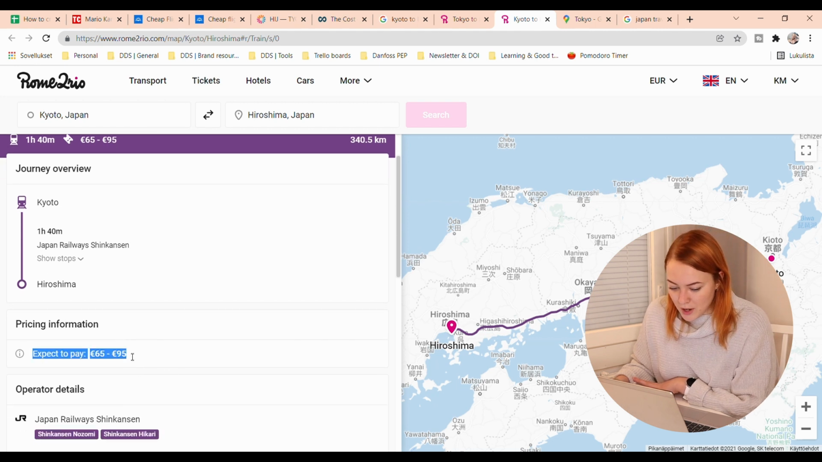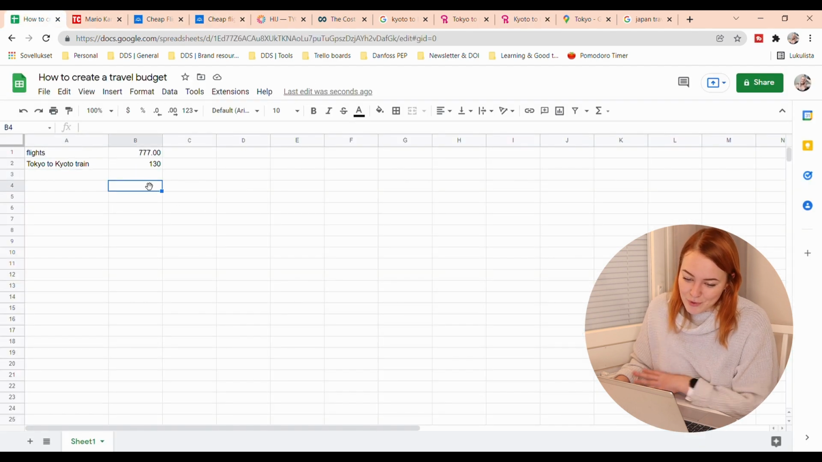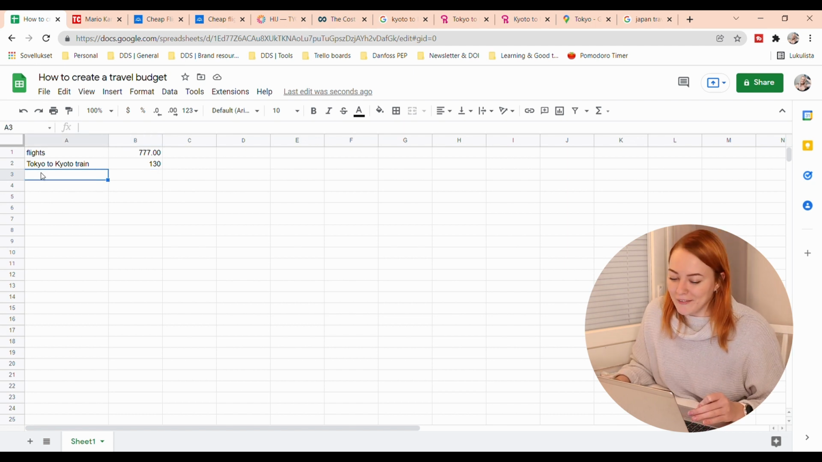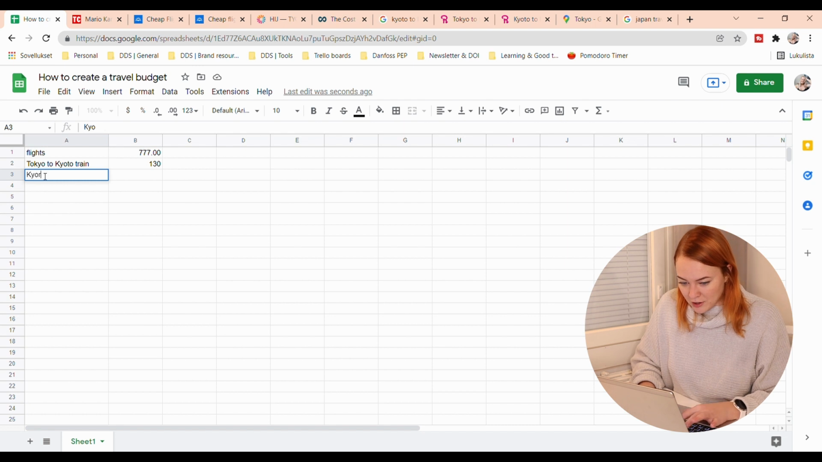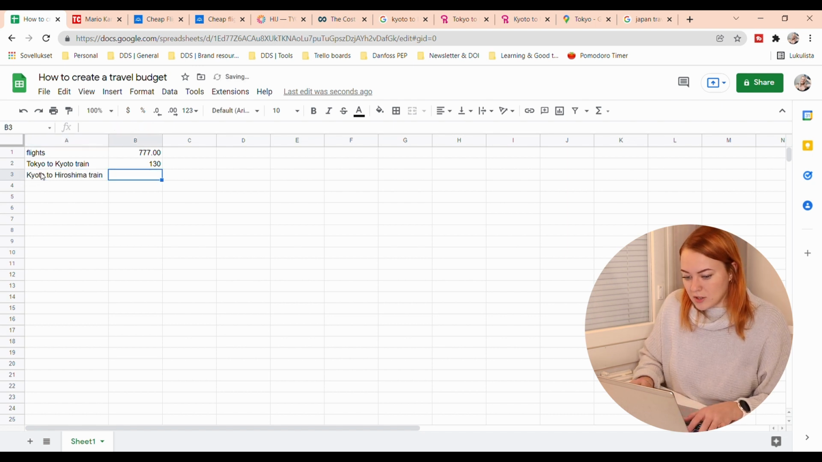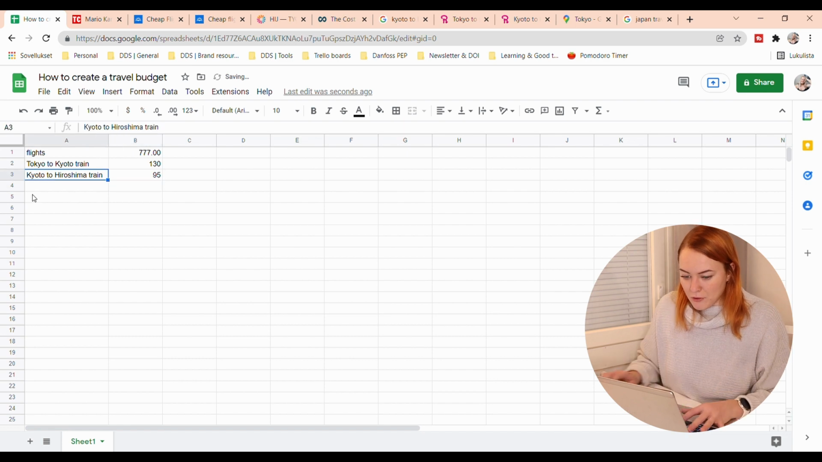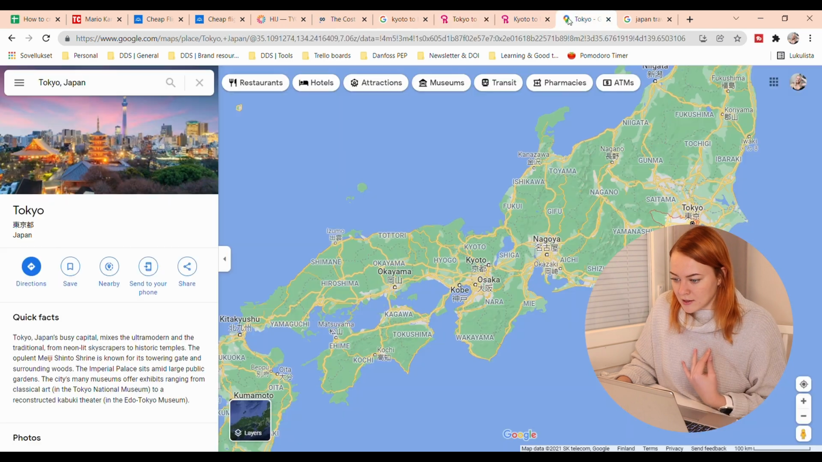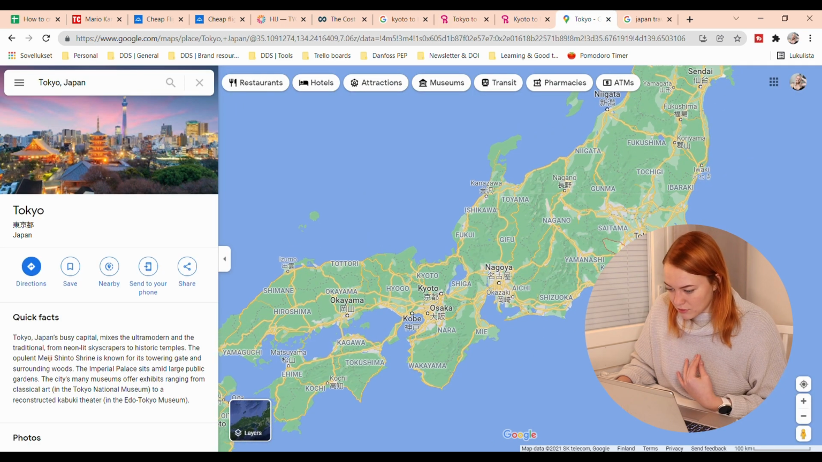So we're expected to pay about 65 to 95 euros. So for the sake again of this video, I'm gonna put 95 euros, because you always want to have enough money when you're traveling. So Kyoto to Hiroshima, with train, would be 95 euros. And then I checked the amount